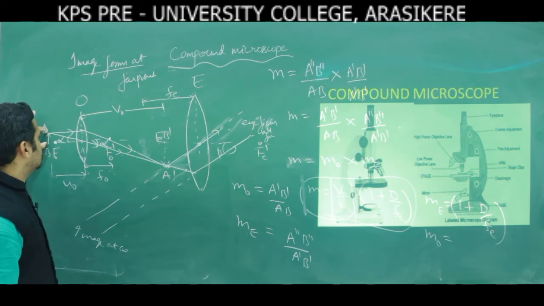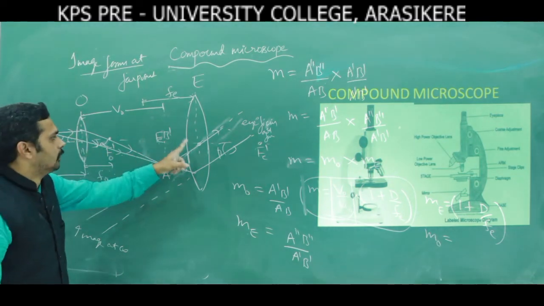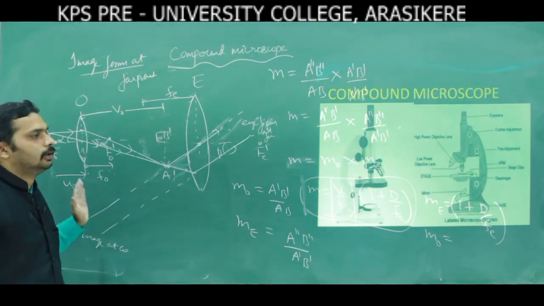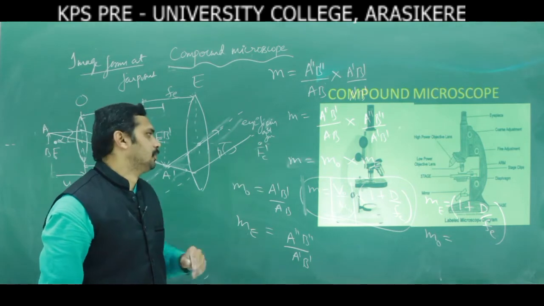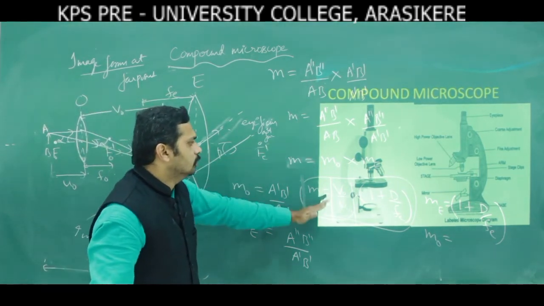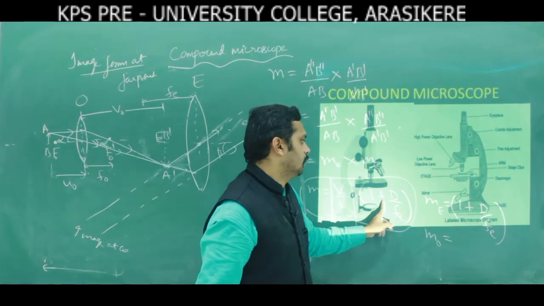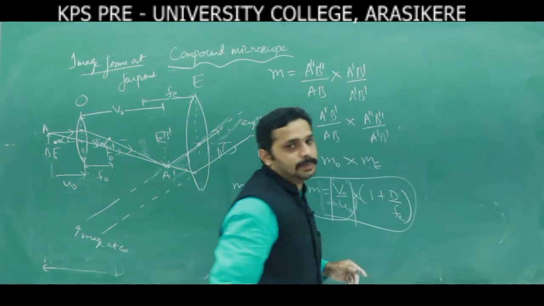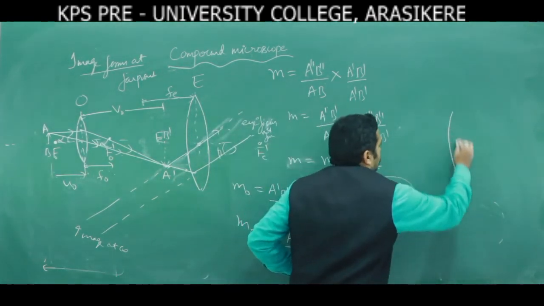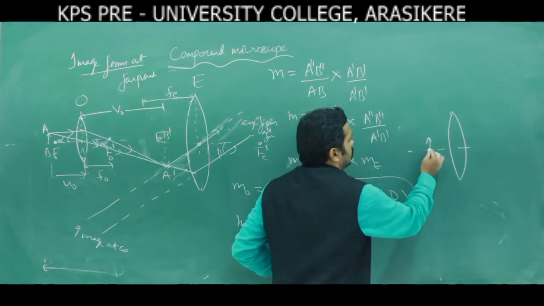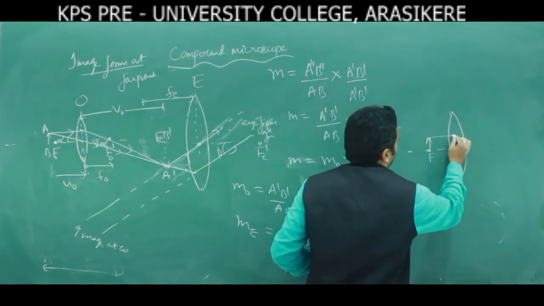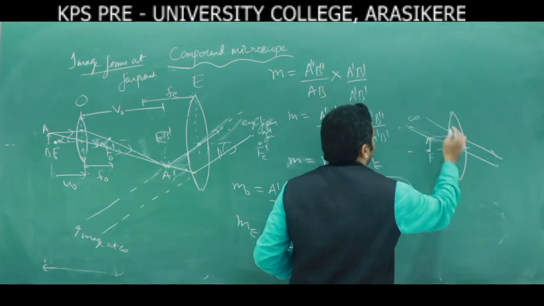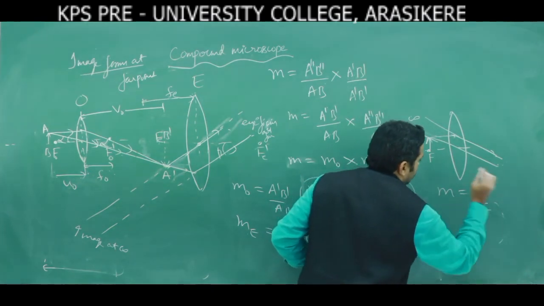For objective lens, AB is the object, A dash B dash is the image. For the eyepiece lens, this image acts as an object, or the image meets at infinity or at far point. Here the eye focus at far point. Now we know that for the far point, the image forms at far point. What is the expression for simple microscope? This is simple microscope. This is the object at focus. These two parallel means image at infinity. M is equal to d by f.